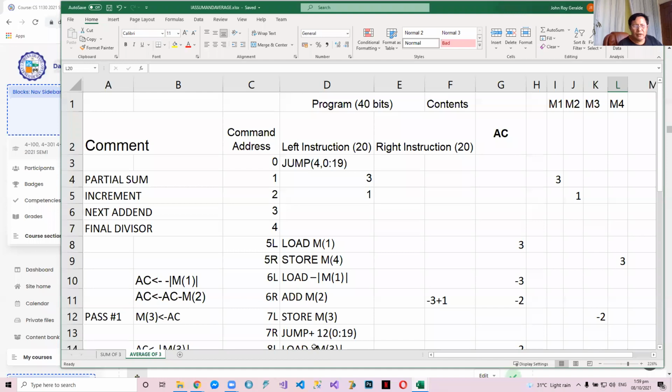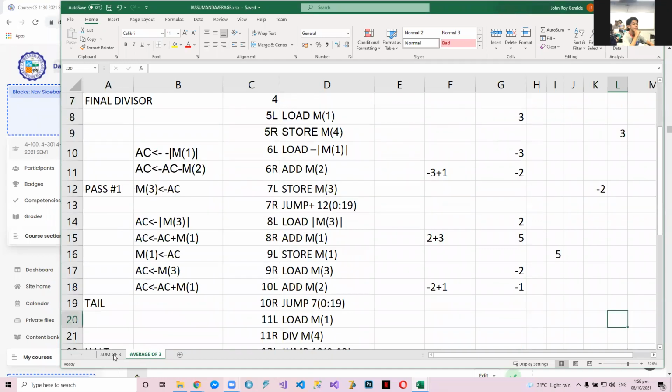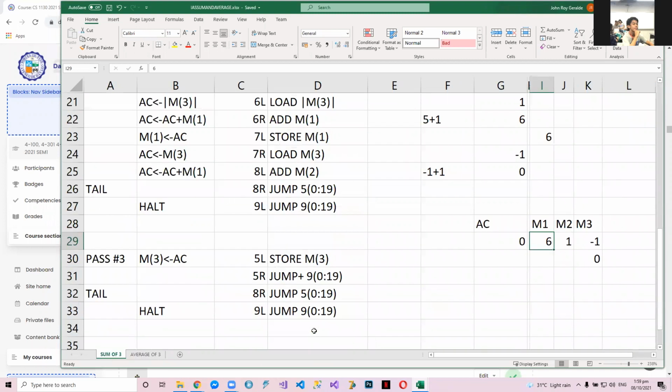So any questions? Sir, may question ako, sir. Yes, Aaron. Paano malaman yung last na halt, sir, kung ano yung final na answer? Yes. Our final answer is M1. M1 palagi yung i-register ng program? Not necessarily. You can use any variable. Just like in any programming language, you can assign it to any variable. In fact, in our previous examples, we have used the partial product to be M3, di ba?